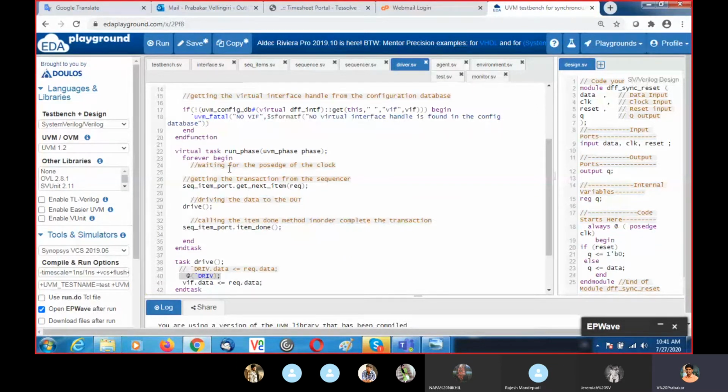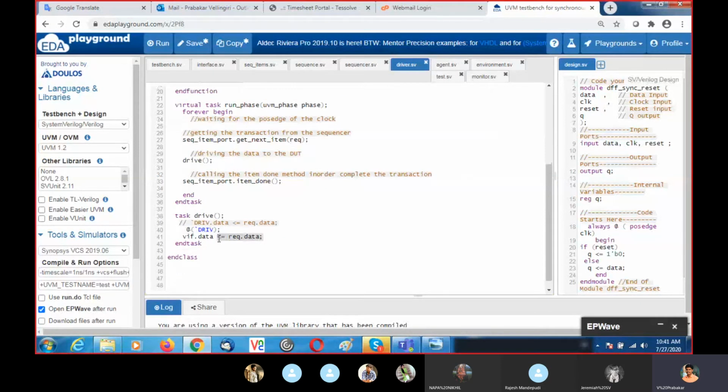So here I get the transaction, so I get the sequence item and I drive it, and this request sequence item consists of data. So that data is passed or sent to the data which is available in the interface. Okay. So the DUT receives the data and the actual process happens here.